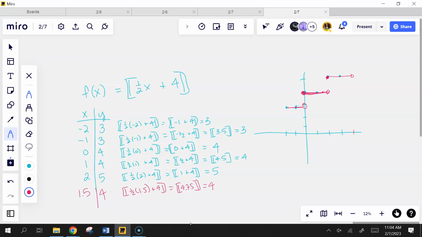Because what happens when you plug in 2? You don't get 4, you get 5. It's jumped up. So you just have to figure out how far it goes before it jumps. That's what you got to figure out. How far this step goes before it jumps up to the next. Okay. Before it jumps up